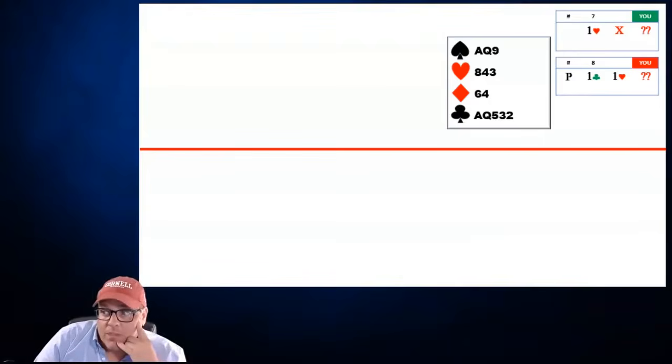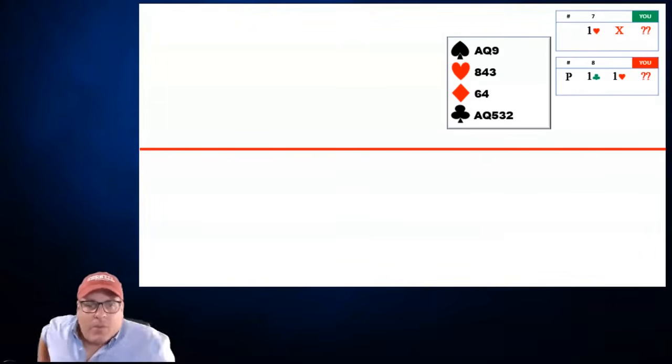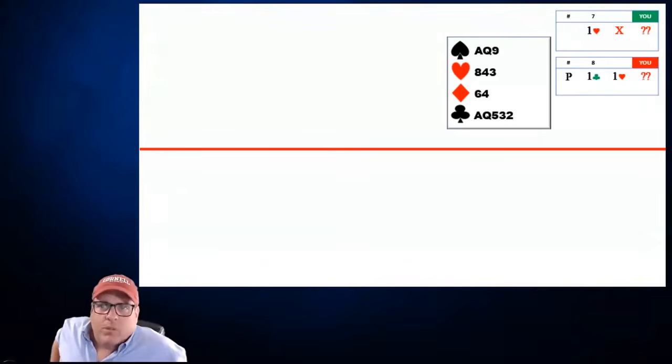But all we can do is describe our hand, and 2 hearts is really the only bid that should make sense. And it should confuse you. It should be confusing because it's not going to come up that frequently. But think of what 3 clubs shows in values. What would 3 clubs show in this auction, guys? When we have a Q bid available,